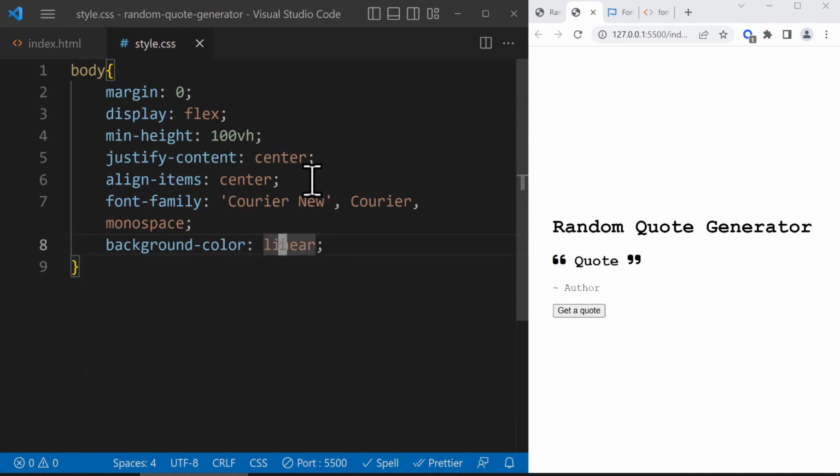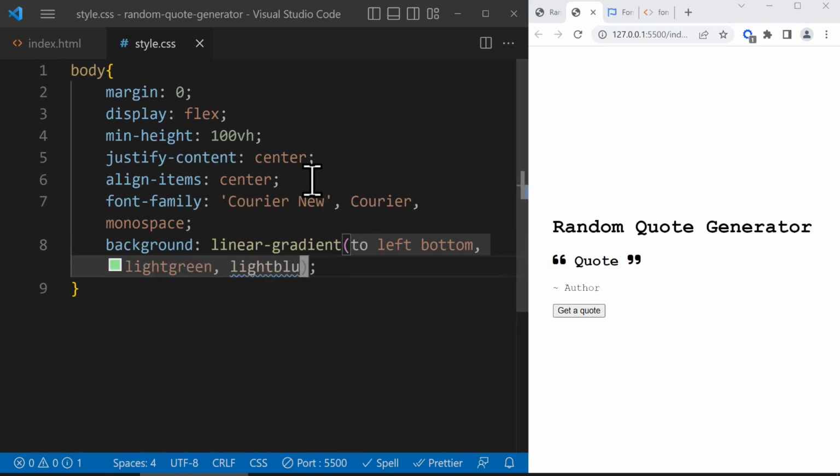Sorry, it should be background, not background color, because this one doesn't work with the linear gradient. So linear gradient, and I want the color to change from left to bottom. So I just write down to left, bottom, and the colors I want to use are light green to light